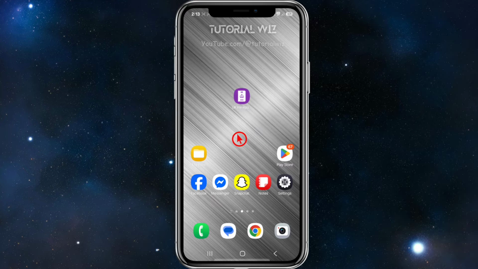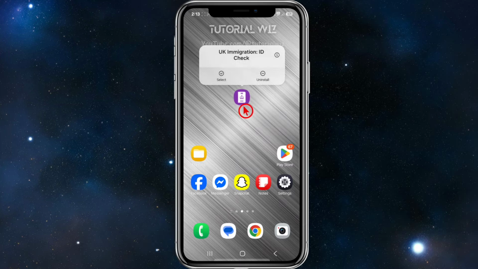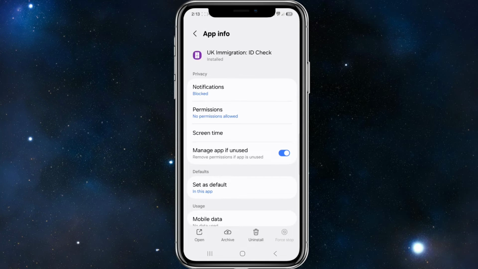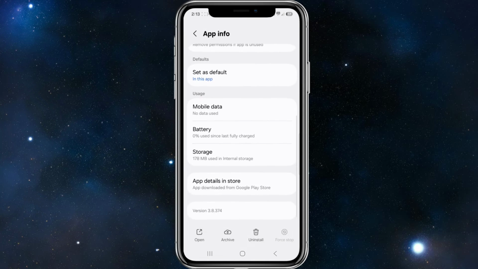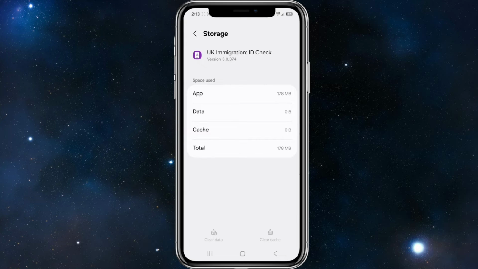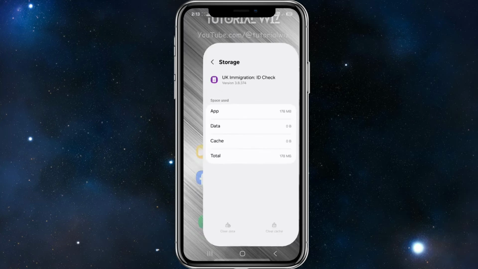All right, I've got a few different ways we can try and resolve this issue. So the first fix we can try is to clear the cache. Click and hold on the UK immigration app, and click on the i. We want to get into the app info. From here, navigate lower under usage, and you will see storage. Click on storage. Then we need to go ahead and clear cache on the bottom right hand corner of